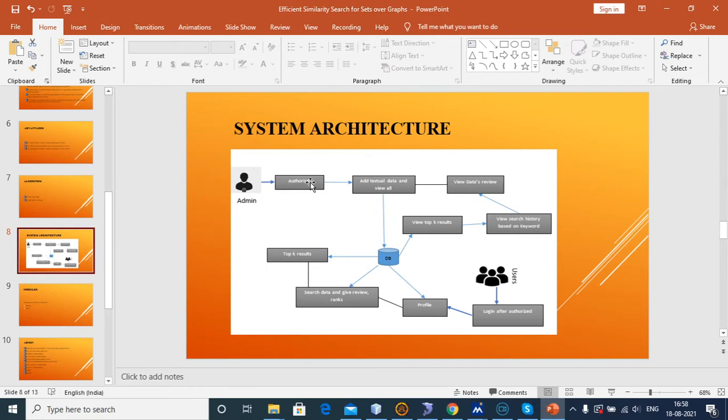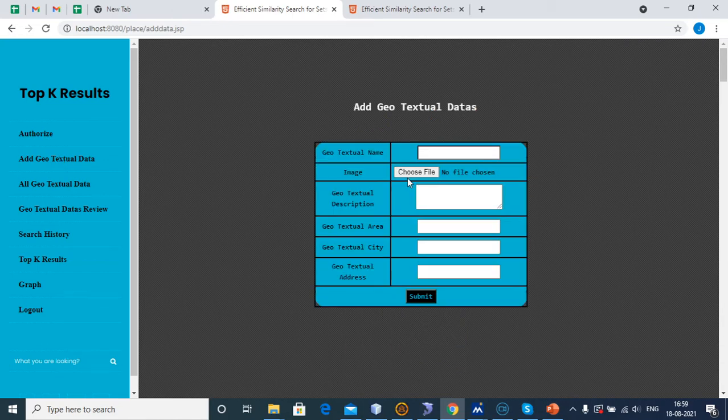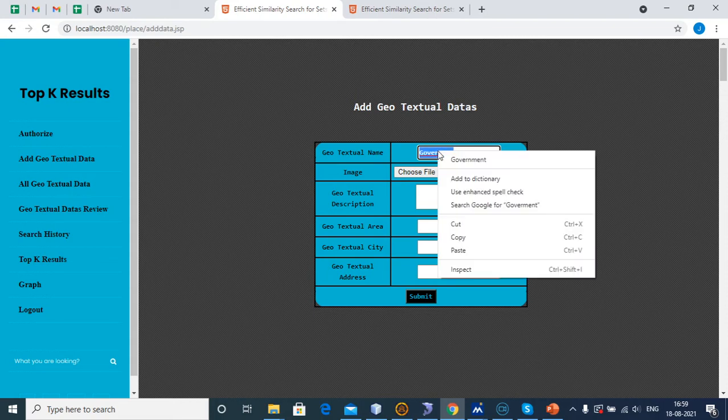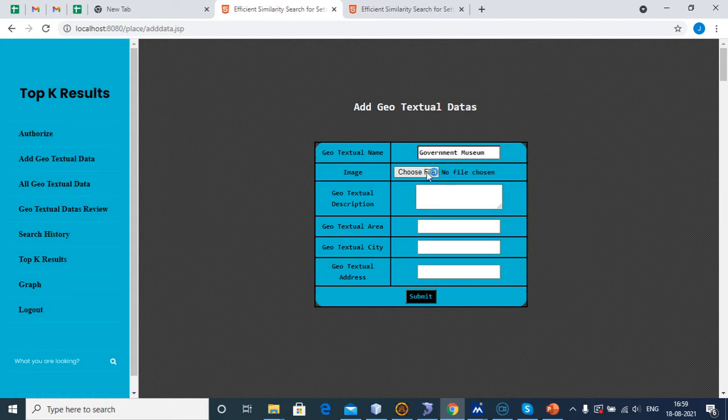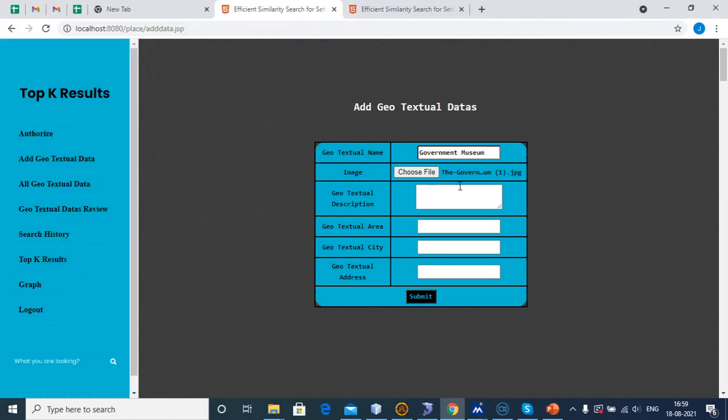After authorization, the admin can add the geotextual data and view which geotextual data is already added. Add geotextual data. Its name, government museum. Description.